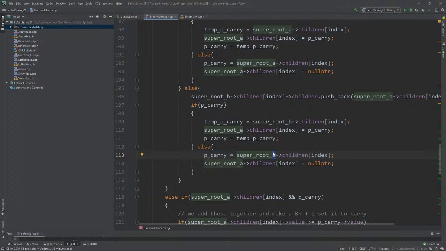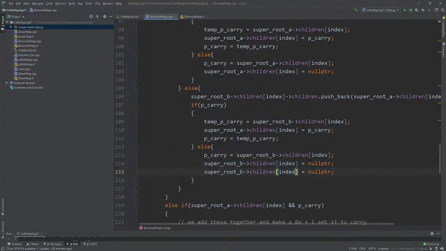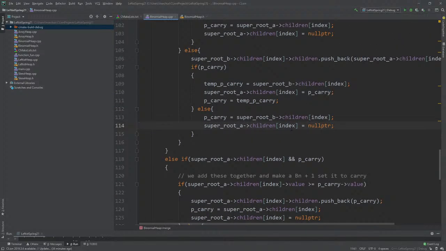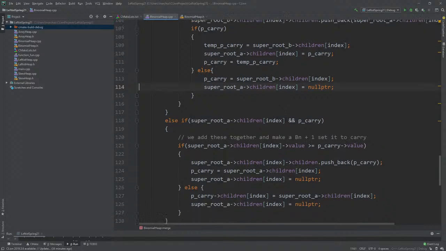If both of them exist, and we merged into B, then we do this, we do this, something like that. So the point is that there's a lot of code in this merge,